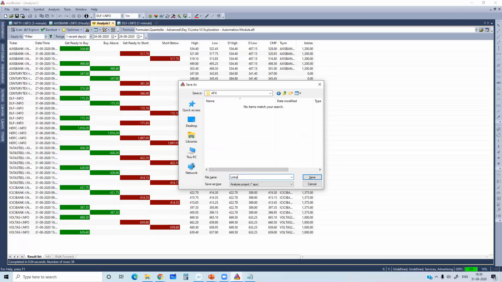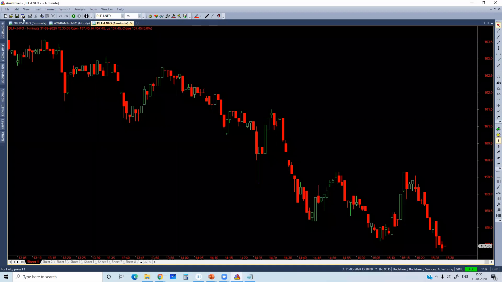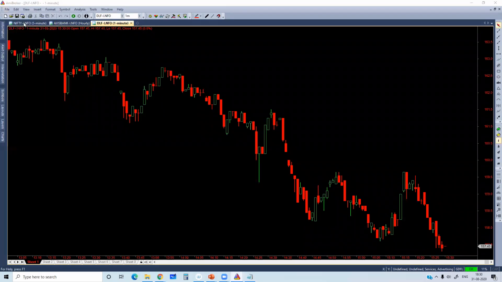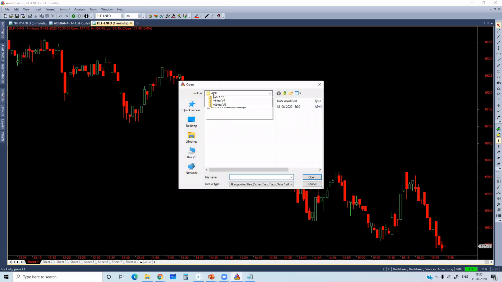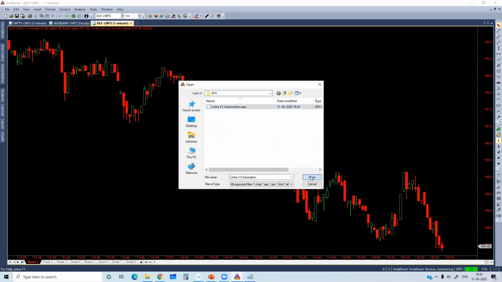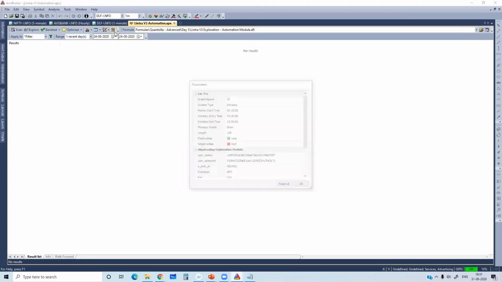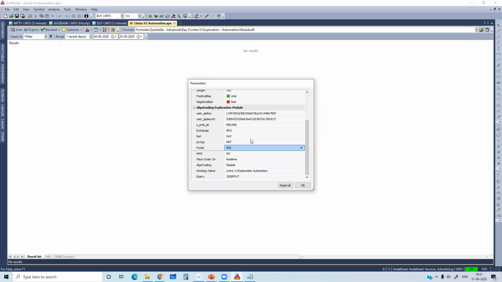So Lintra V3 automation. Tomorrow, if you're closing this file, you can go to File, Open, go to that appropriate path, select the APX folder, click on that APX and open that APX file. So that way all your settings would have been saved. So nothing would have been changed over here.